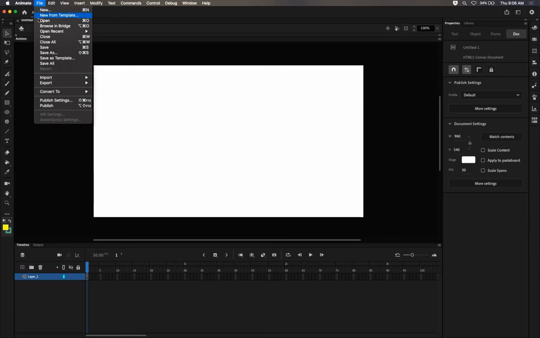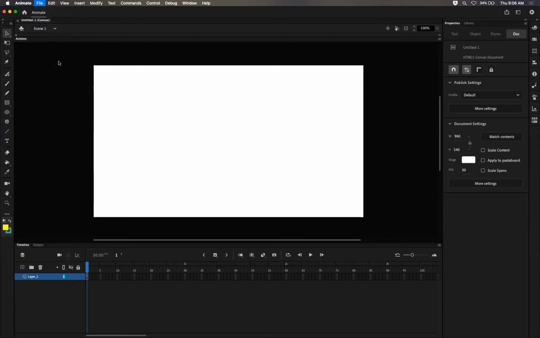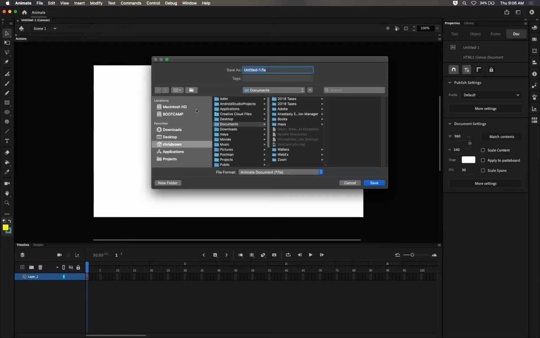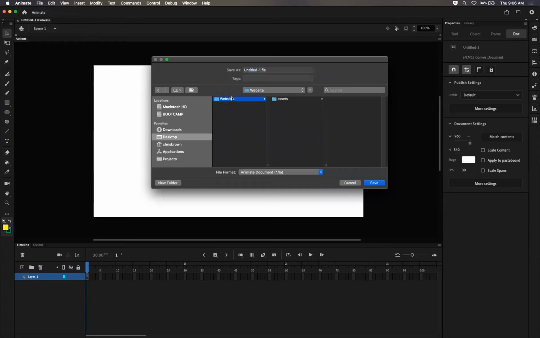So I'm just going to go File, Save As, and navigate to my desktop website folder, and I want this to be in the root, not in the assets. The assets is just for the images and things that we want to bring in. We could put sounds and videos that we're going to import later. It can also go into this assets folder, but I want to be just in the root of the website folder. I'm going to name this